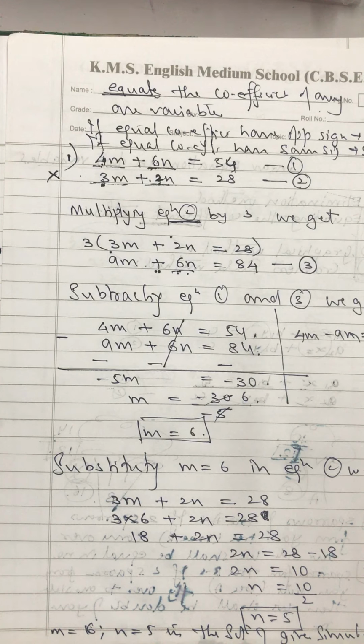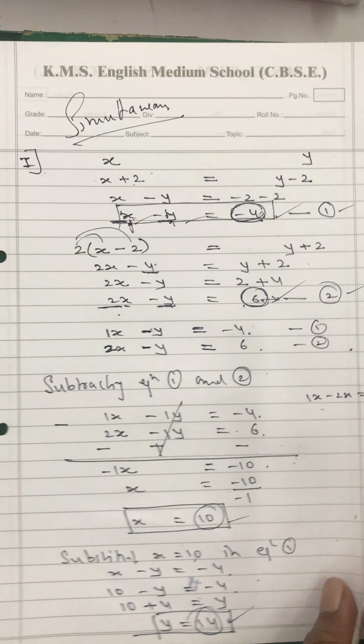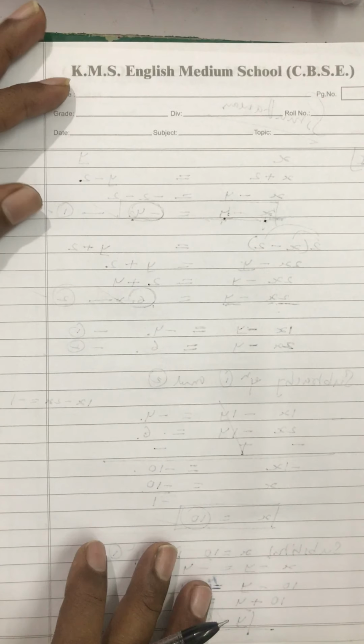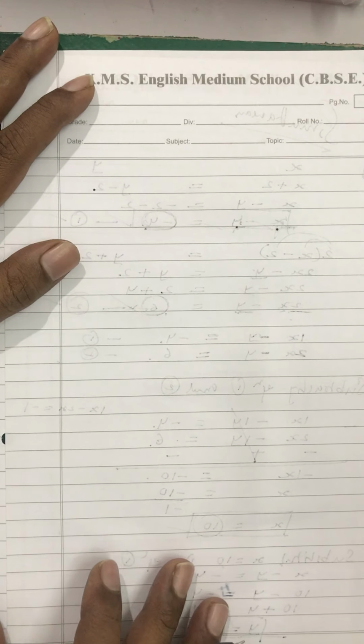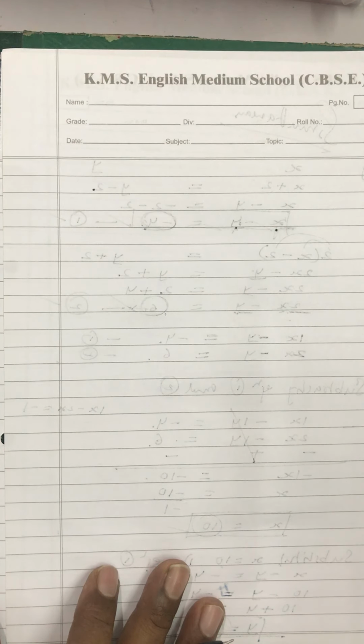See, one thing is there, either the coefficients will be already equal. If the coefficients are already equal, life is very easy for you all. As I told you, you can directly go for adding the equations or subtracting the equations. I think I have an example of that also. Wait, do I have it or not? I had kept it ready. Okay, I have it.